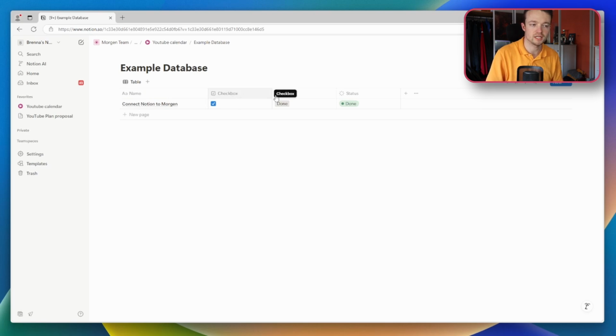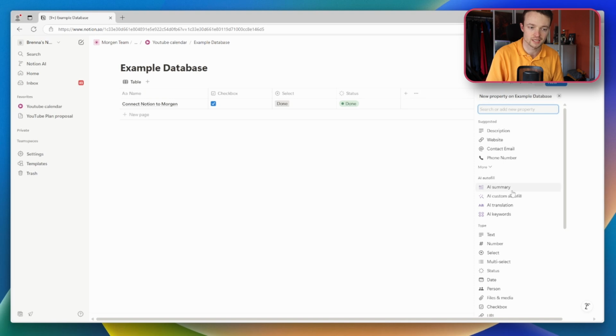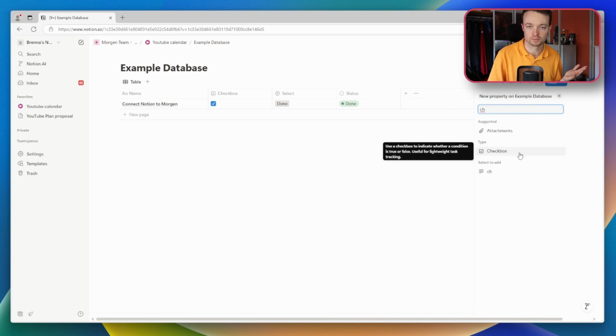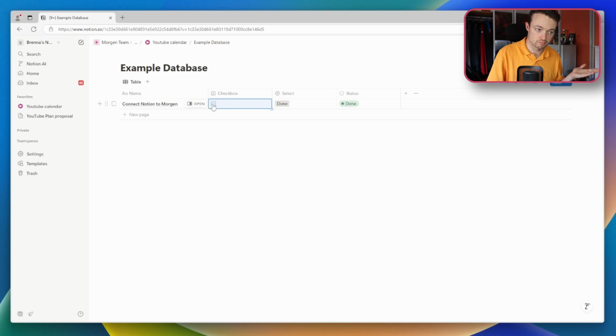Then we have three different property types: a checkbox, a select, and a status. You can add a property by pushing the plus button and then selecting any of the types inside of the options of Notion. The checkbox is either done or not done. The select property, you can add multiple options. Here I've only added two, which is to do and done, but I can add another one. So if I type in progress and push enter, I now have three different options, which I can reorder: